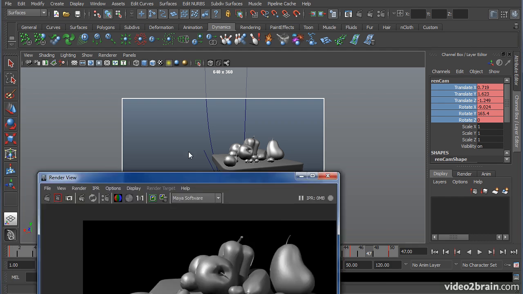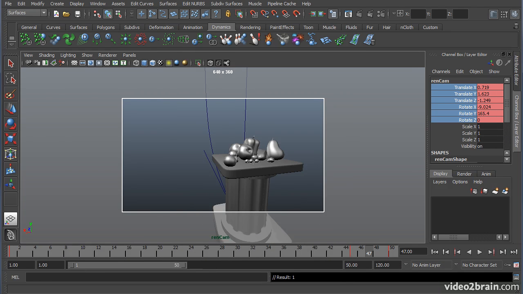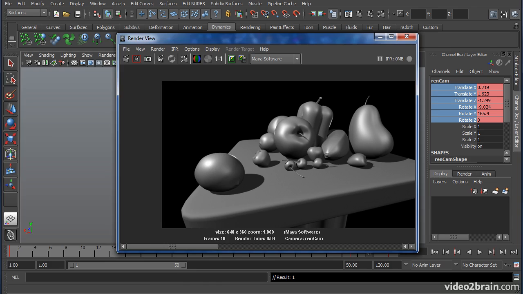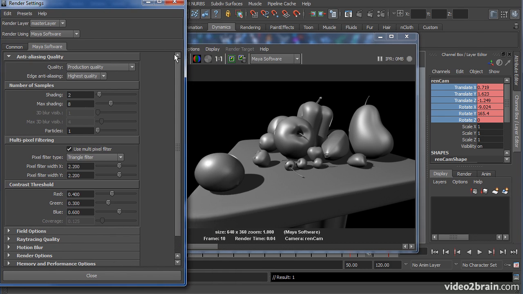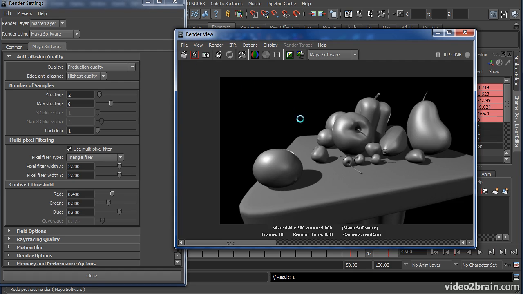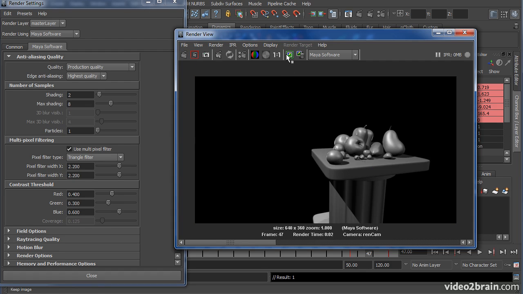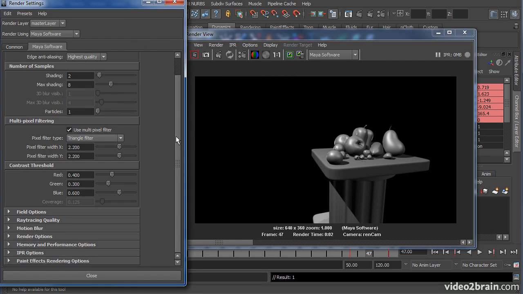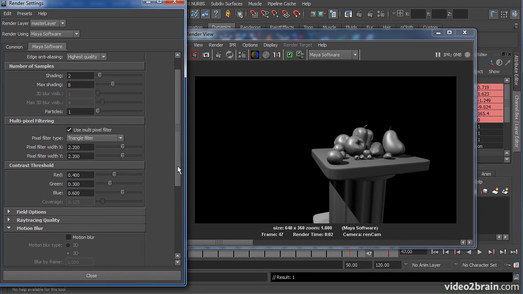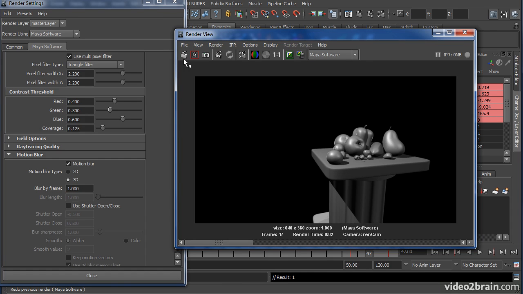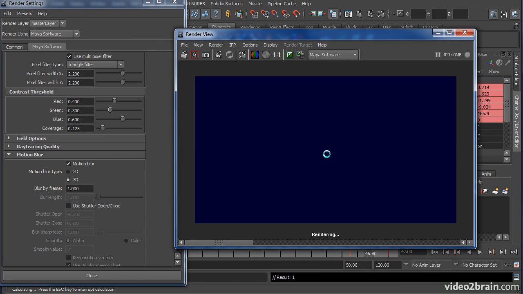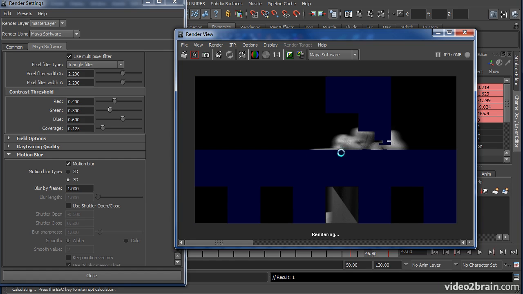Why I did this is to show you how to render with motion blur. Right now, let's go ahead and go back to production quality and run a quick render of this, and we'll see our render. We'll put that in the buffer. Now what we'll do is go ahead and go into our motion blur options and turn on motion blur. We'll leave blur by frame at 1, and we'll go ahead and hit render,